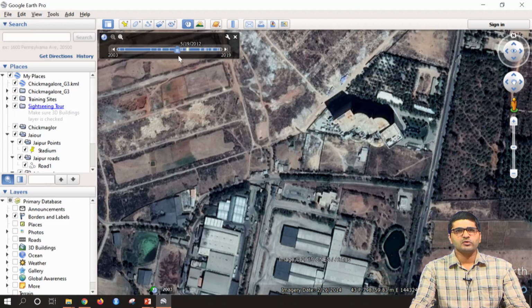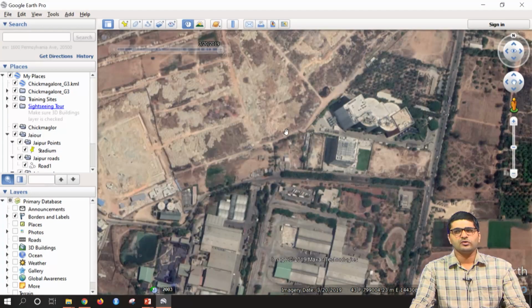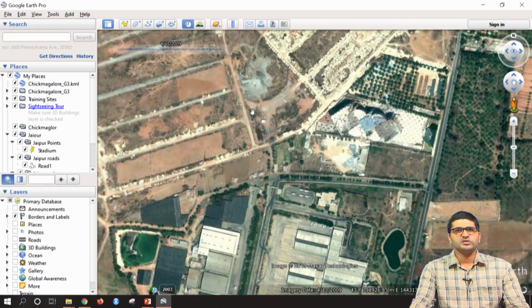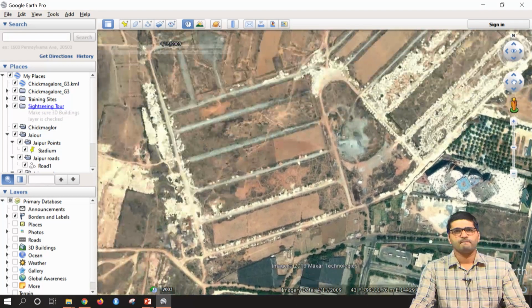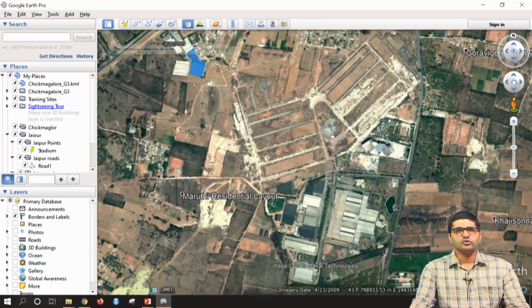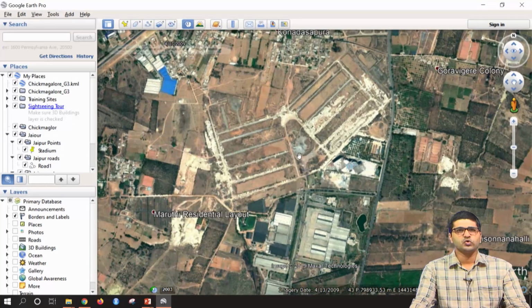We can go back some more years and see. Here you can see the high-rise building appearing. If you go to somewhere in 2009, the entire scene in that image changes. This is how we can explore different timelines of the datasets in Google Earth.